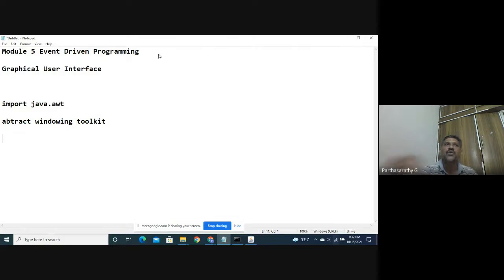Then I'm going to add an action listener. For example, here we have the mouse. Whenever you click the mouse, what will happen? That is normally called event-driven programming. The mouse click is an event. Otherwise, we can do a button press. For example, in the component, we can add one button. Whenever you press the button, what will happen? We are telling what happens after the event. That is called event-driven programming.